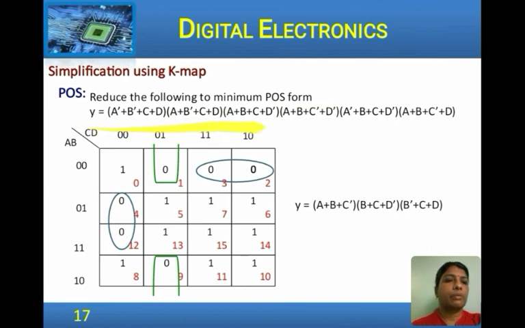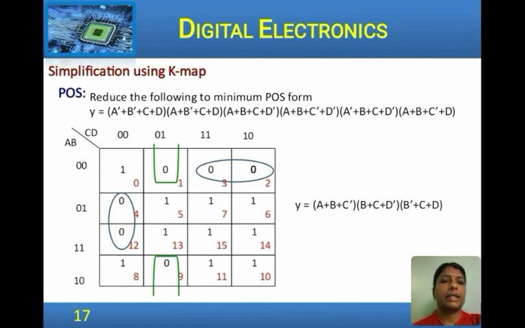So here a standard POS or canonical POS is given which needs to be reduced. Considering each max term, we know the max term is the complement of the min term. So the K map, since 4 variables are there, we have a 16 cell K map and represent the min terms itself. The min term for this is A, B, C dash, D dash. By De Morgan's law, we know the complement of it is A dash, B dash, C, D. So take that term represented with a 0.